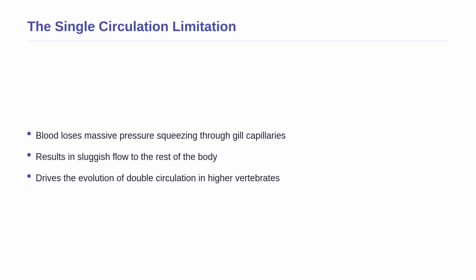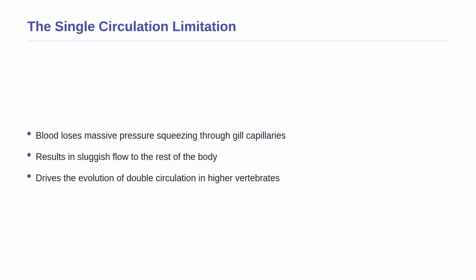This mathematical result reveals a major evolutionary challenge for the fish. Because the blood must squeeze through the tiny capillaries of the gills first, it faces massive friction. As we just calculated, this high resistance causes the blood to lose a massive amount of pressure. By the time the blood leaves the gills and heads to the rest of the body, the flow is relatively